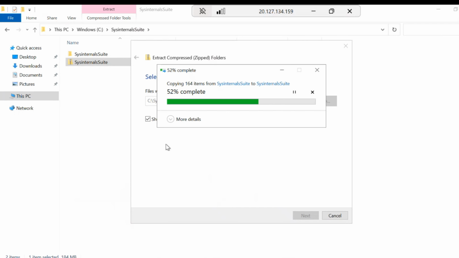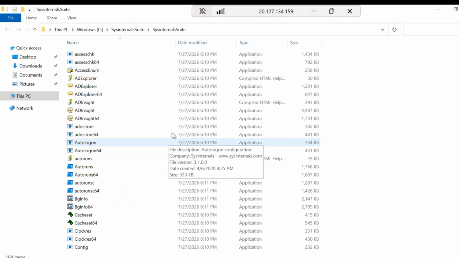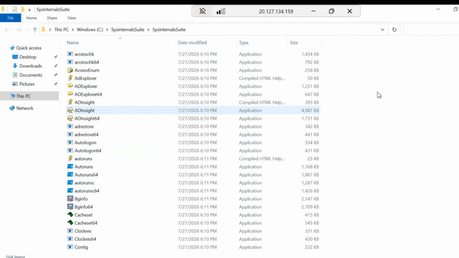Once it is extracted, you will notice there's no installation wizard. This is because Sysinternals tools are portable applications. Unlike traditional software, Sysinternals tools do not require installation. Simply extract the zip file and run the required executable whenever you need it.